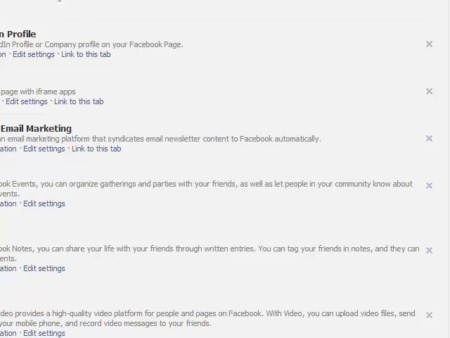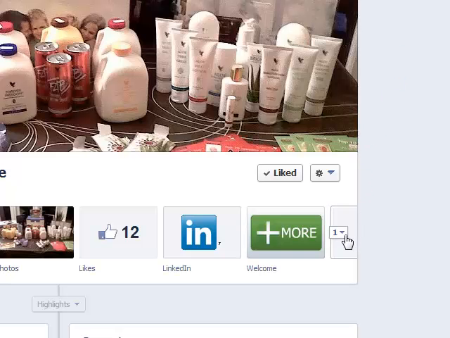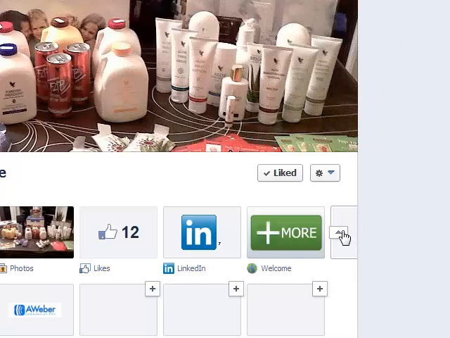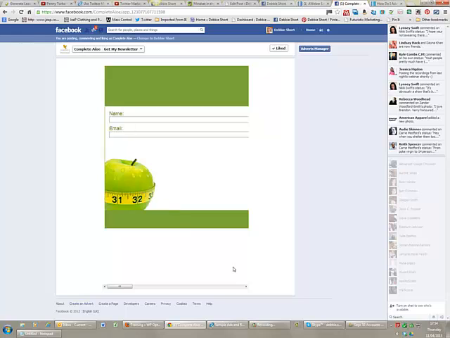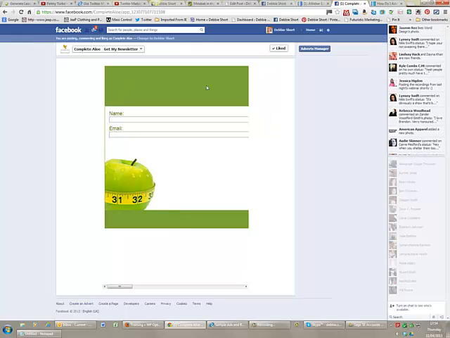Then if I go view page and do the drop down, there we are, we've got the Get My Newsletter. Now I can change this image and go back and edit it by clicking on here, and there is my Get My Newsletter form. It's got my name and my email. Now I've made this form rather wide because I thought that was what I needed to do,